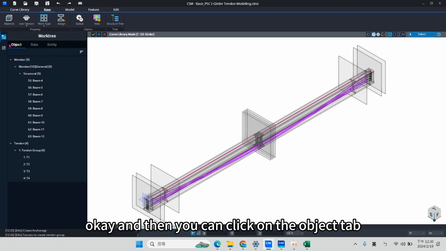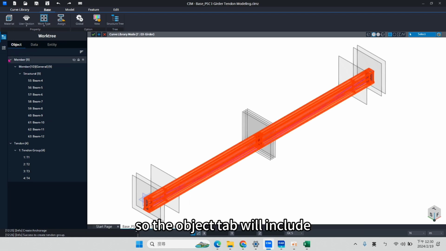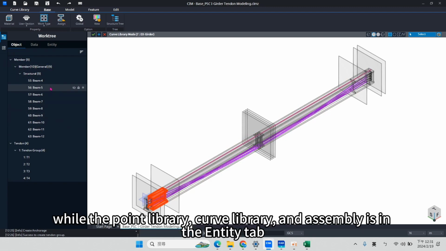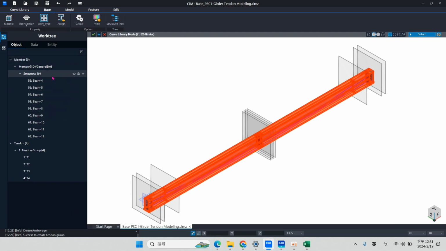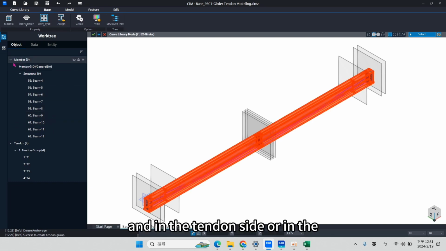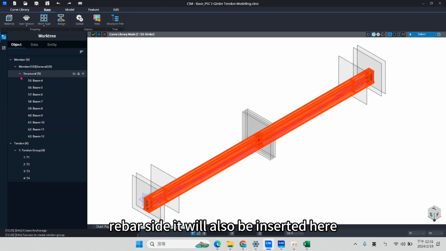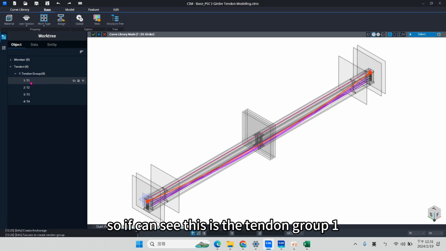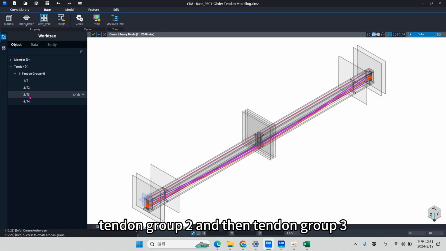Then you can click on the object. The object will include the member. The member is the structural, the graph library, the point library, the assembly will be in here. The structural member that is inside that library. And in the tendon side or in the rebar side, it will also be inserted in here. So as you can see, this is the tendon group 1, tendon group 2, tendon group 3, and tendon group 4.